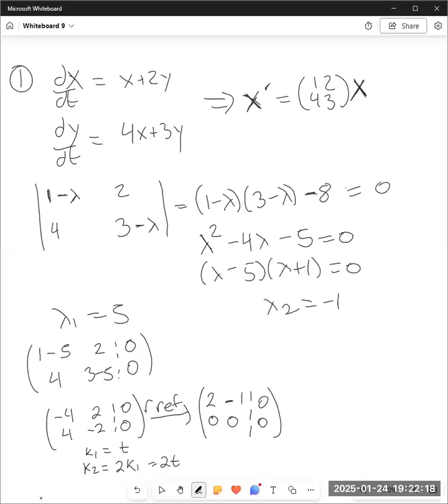I'm going to make that 2t. So this capital K spans 1, 2, like that. That is what I'm interested in, is what it spans. And that's my K1,